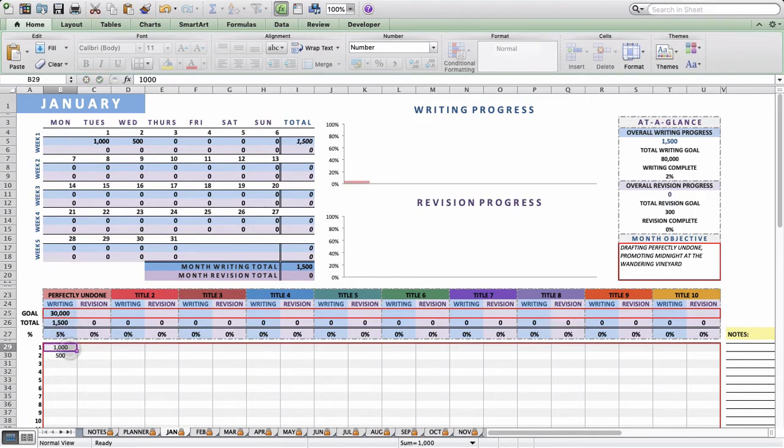And once I put that in, it calculates the total percentage that I've completed of that goal so far, and you'll see that up here on this graph, it now has an indicator of how far toward my goal I have reached. And it's going to look like that for everything. So if you set a revision goal of, say, 50 pages for the month, and then I revised 5 pages for that day,